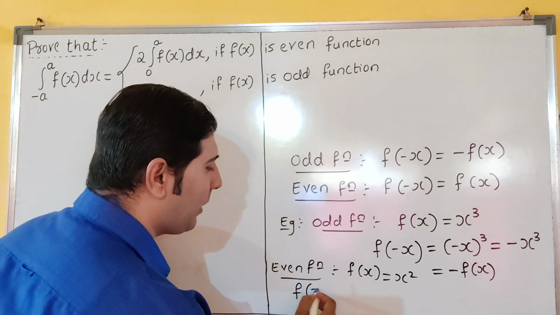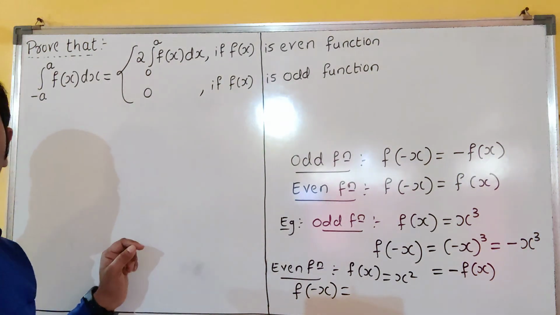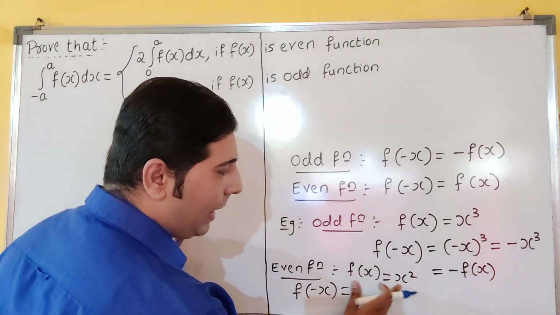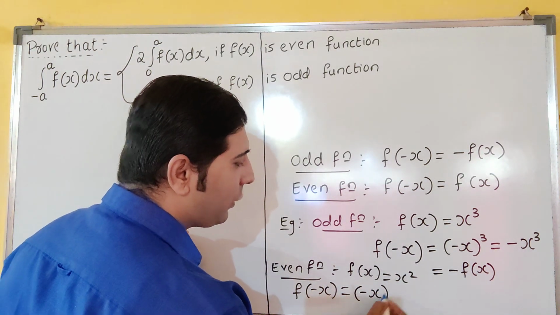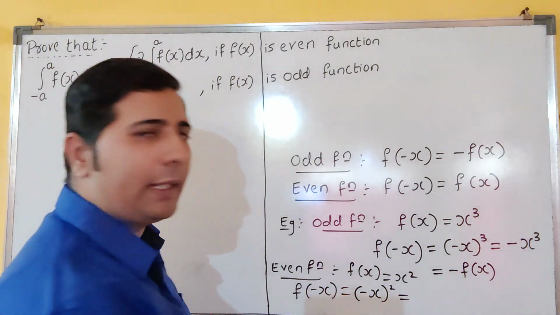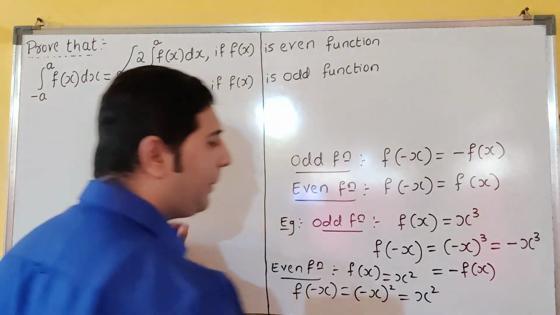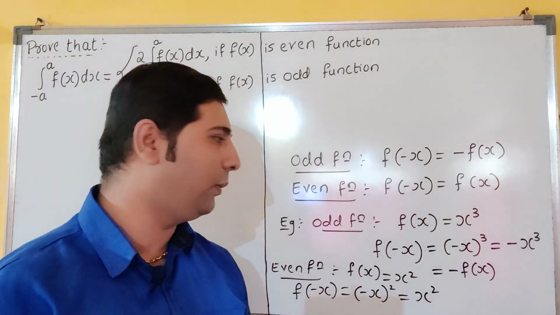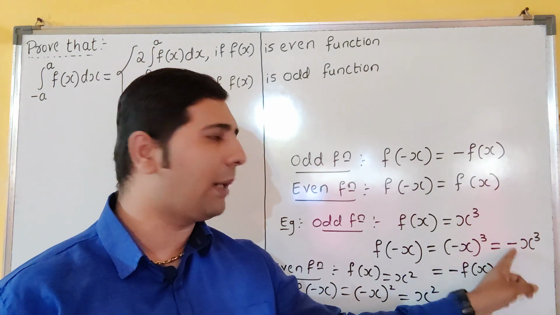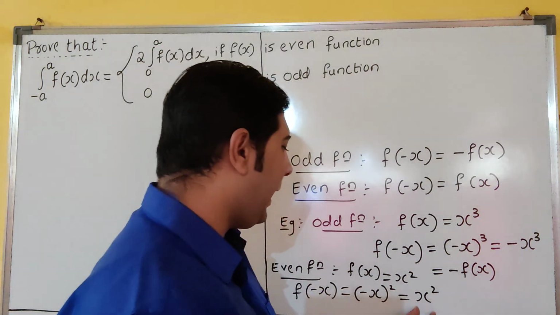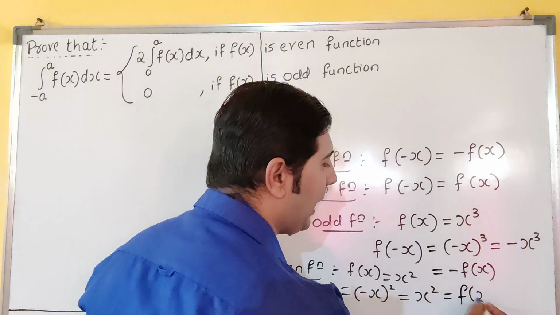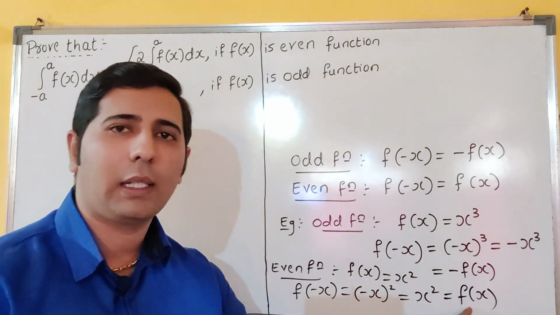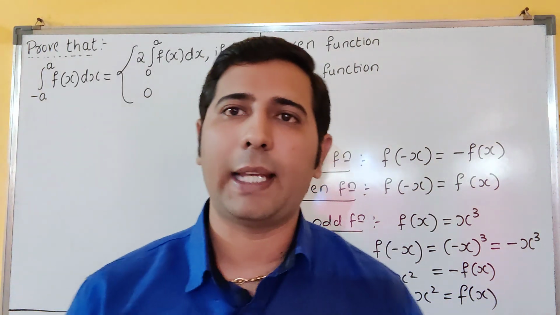Now you replace x by minus x. So what will it give, see here? x is replaced by minus x means minus x whole square. Minus x whole square will give the answer x square only, because with an even power, a negative also converts to positive, whereas with an odd power the negative stays negative. Understood? So x square is nothing but f of x. f of minus x is equal to f of x, then that is said to be an even function.